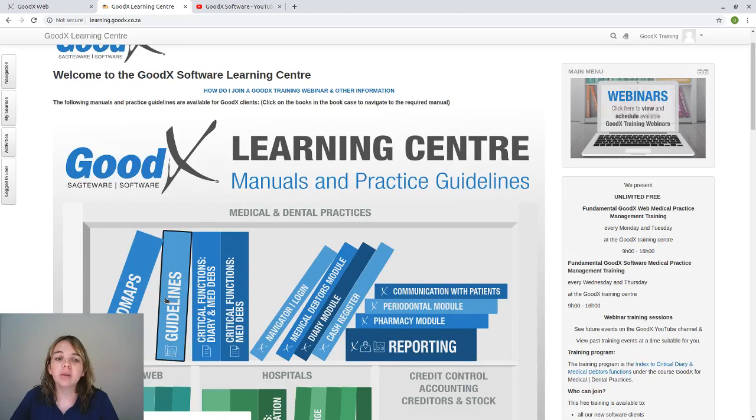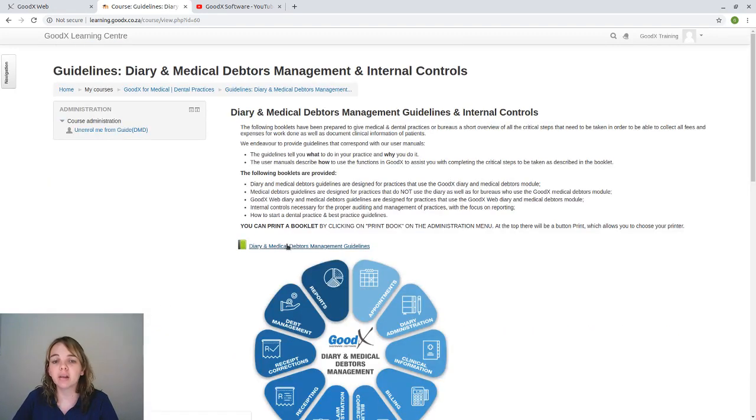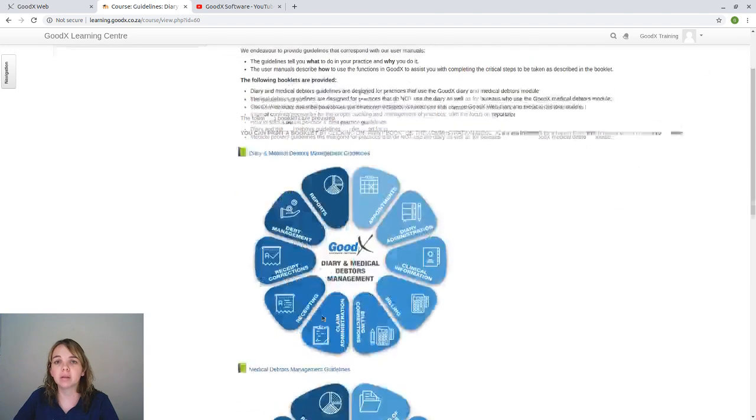Now, then we have our guidelines. Our guidelines are booklets, and this explains to you why you are doing certain functions in GoodX, or how you manage your practice on a daily basis, weekly basis, monthly basis. So it's important, the booklet describes for you why you are going to do this and how you are going to manage your practice. So it's important that you read through this, through the diary and medical debtors, and also